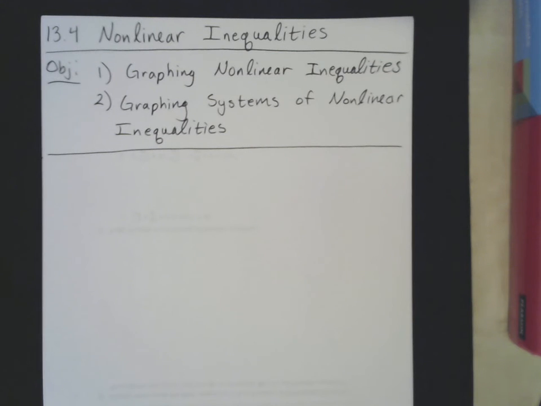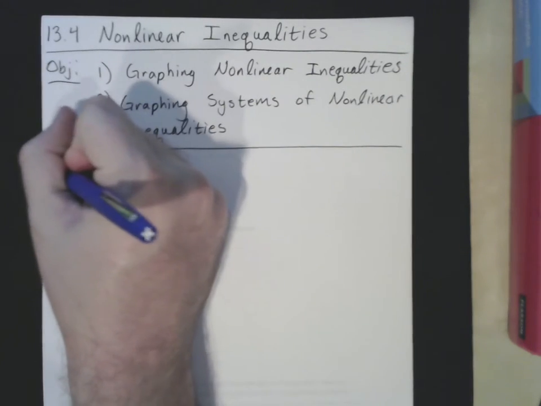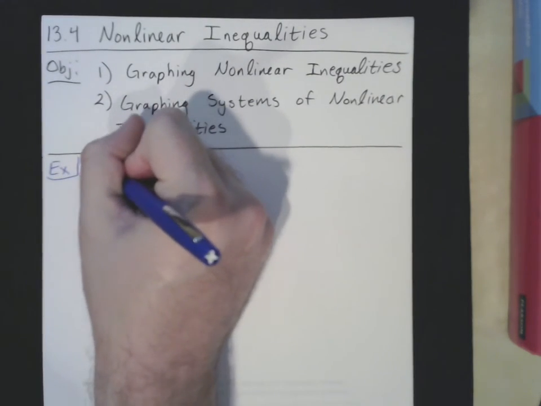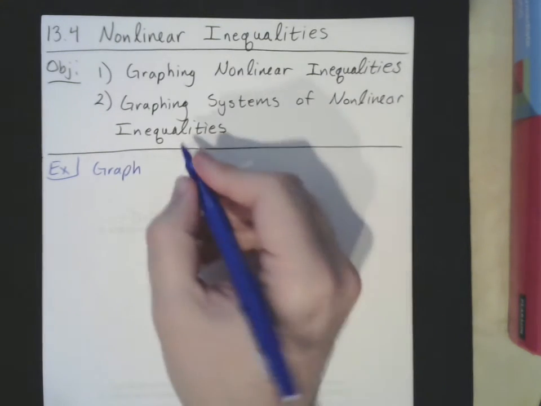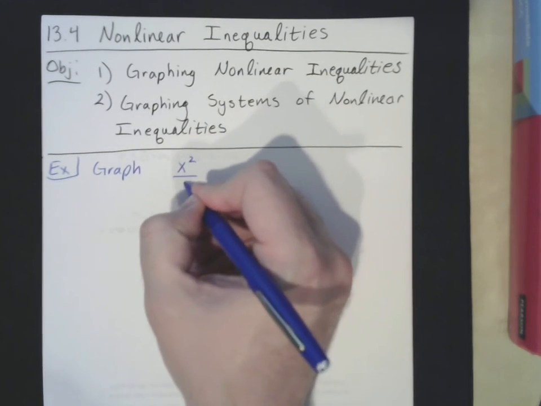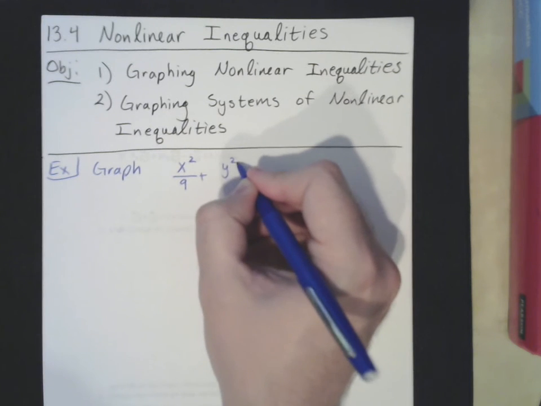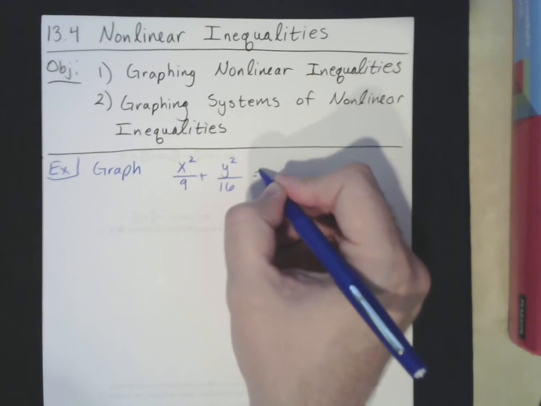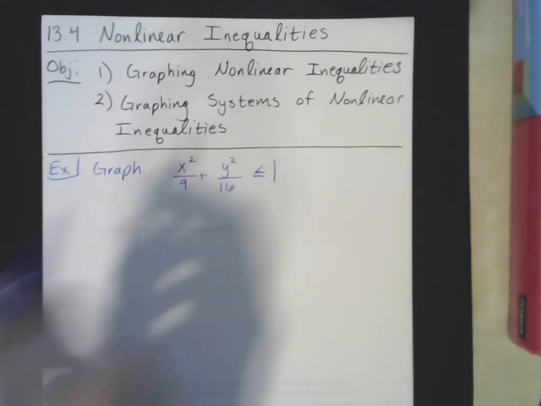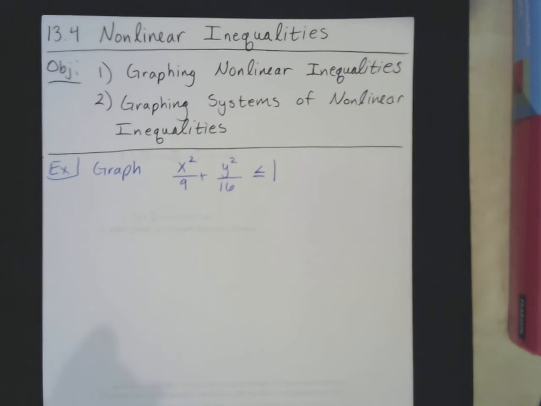So there's a couple changes to our linear inequalities that we're going to talk about. Now, I think it's easier just to show these things and make note of them as we work through a problem or two than to write it out in a list so you have some context. So let's start with this problem. We're going to graph x squared over 9 plus y squared over 16 is less than or equal to 1. So the first thing that we have to be able to do